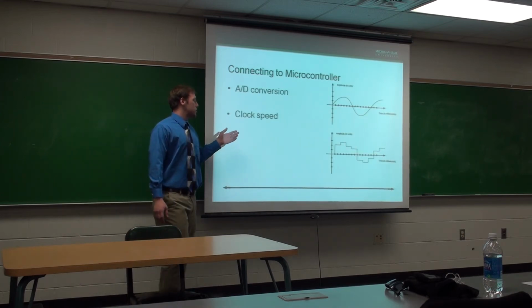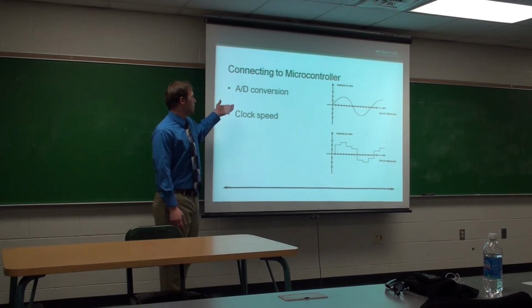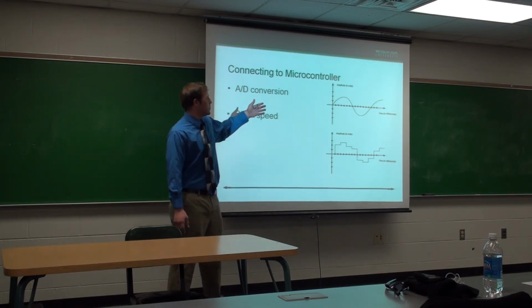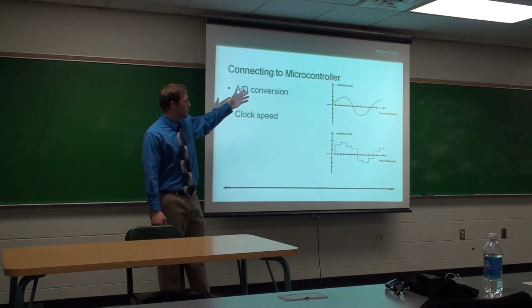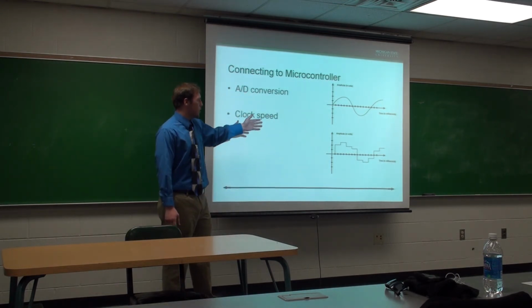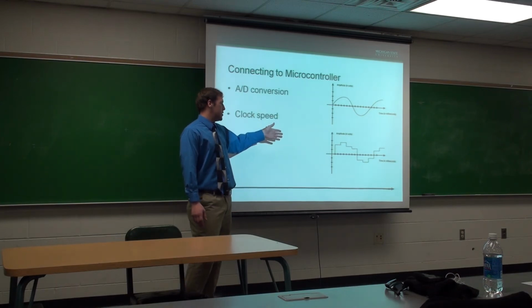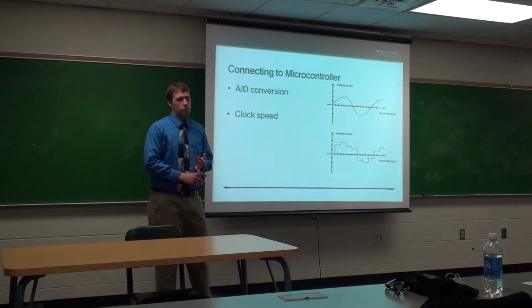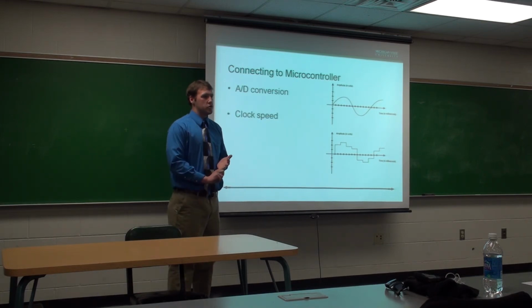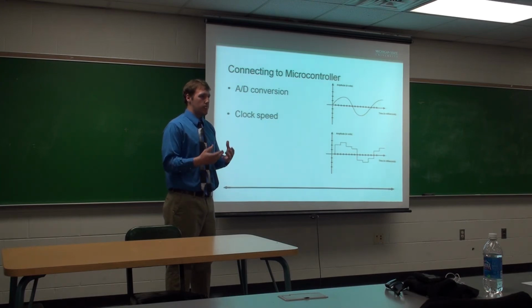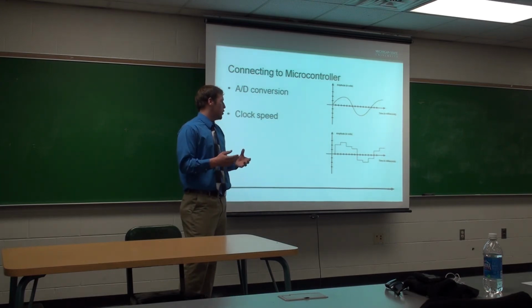Another consideration you must take when you're choosing your sensor is A to D conversion. This graph on the left here shows two signals, one an analog signal of voltage versus time, another one of the same signal but digitized. There's sampling rate, where you must choose a rate that is not too high or too low. If you choose a rate that's too high, you may introduce some sort of quantization noise, which will also impede